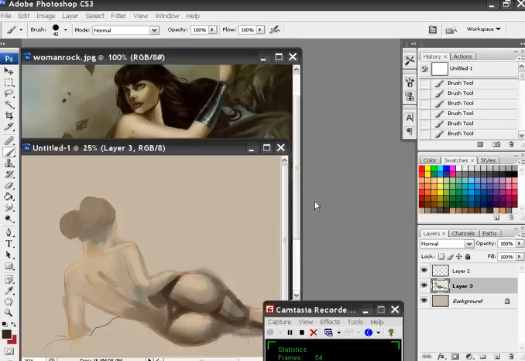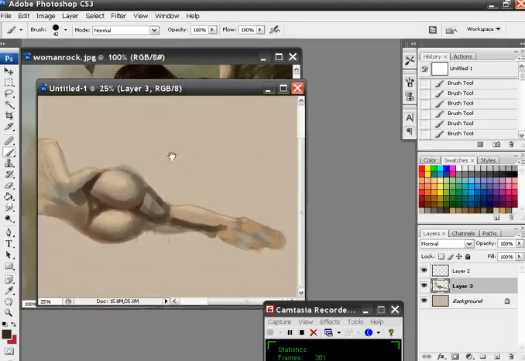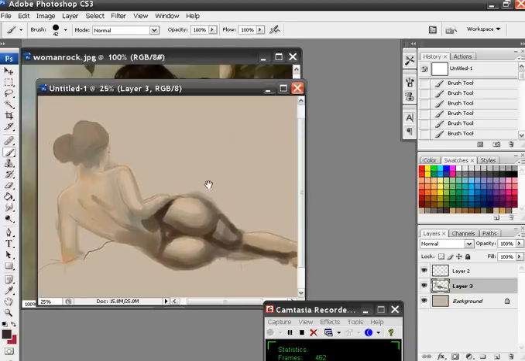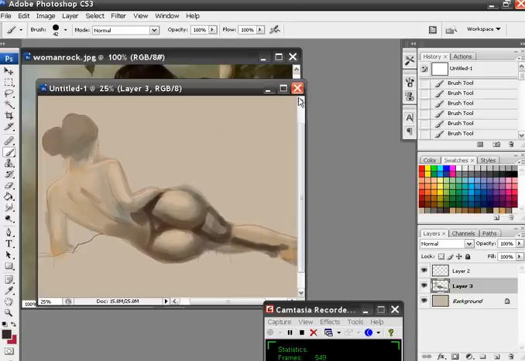Okay, previously I did a video series on how to paint with Painter, and I'm going to do a series on how to paint with Photoshop, and I'm going to try to make it a lot shorter than the other series, so we'll just focus on certain parts that you need to get down. And I actually started here, and I went way over time, so this was going to be in the first video, and this was going to be the thing I was going to do, but I decided I think I'm going to do